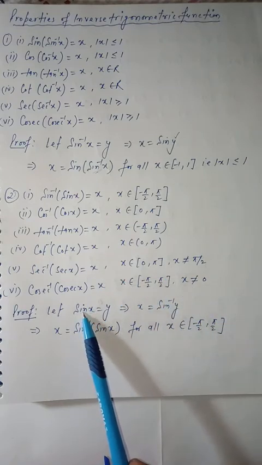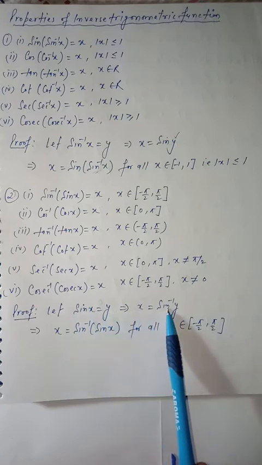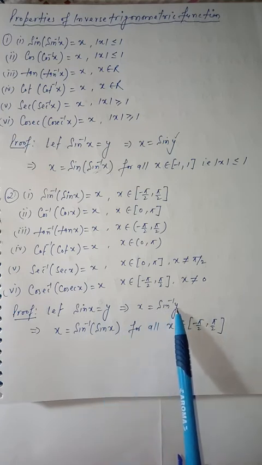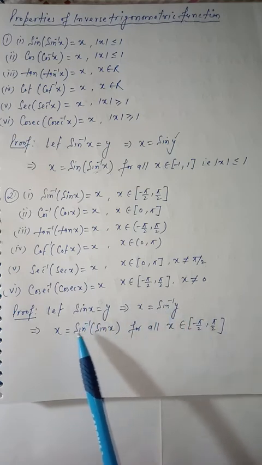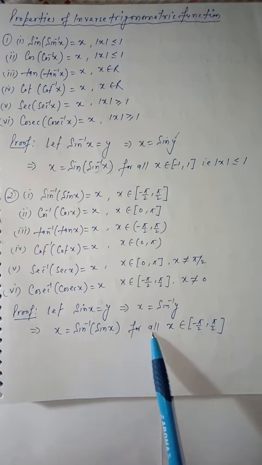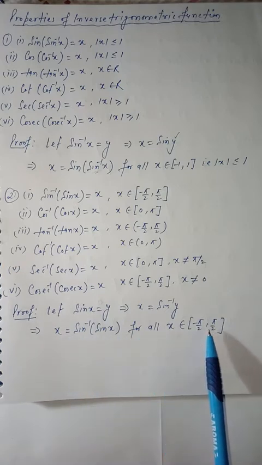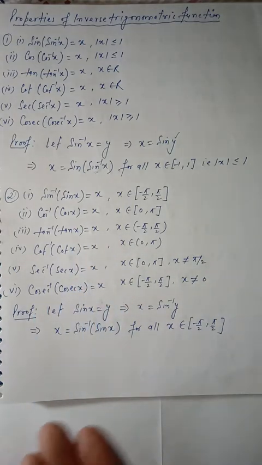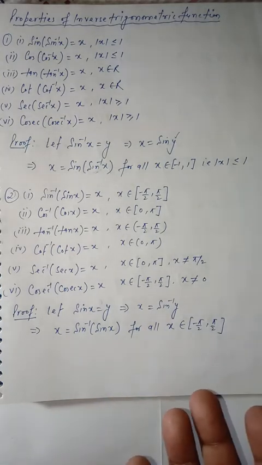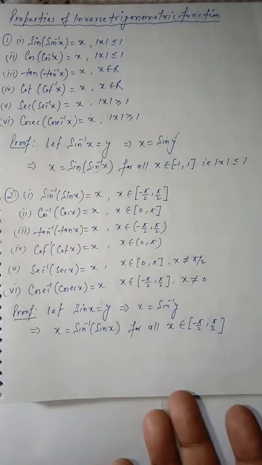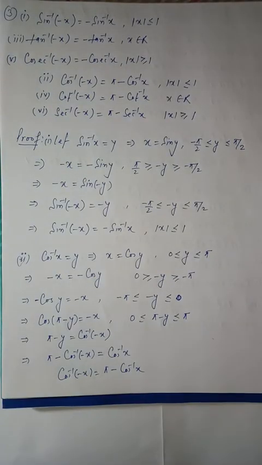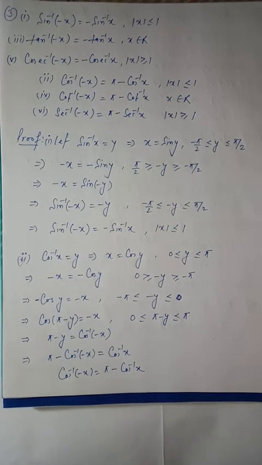If I assume sine x is equal to y, then x will be sine inverse y. So write x here, sine inverse of y, and this y is sine x. It means sine inverse of sine x will be x for all x belonging to -pi/2 to +pi/2. In the same manner, other properties can easily be proved, but here you have to just remember them, because we use these formulas in different questions. Here we are going to discuss a lot of formulas, so be careful and please watch carefully.